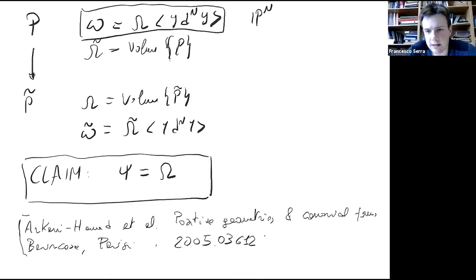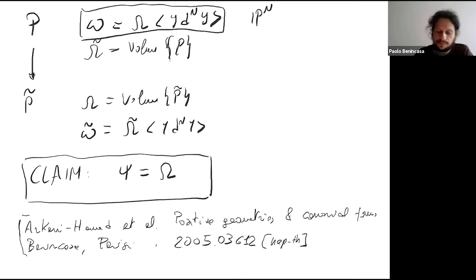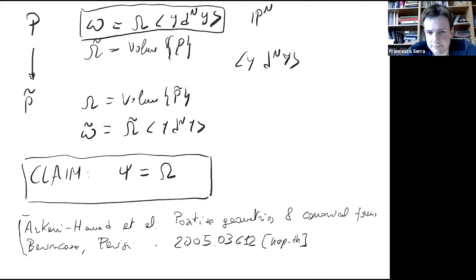Can I ask a question? Sure. Just maybe a bit technical, maybe a bit stupid, but this numerator, when we take the residue, this numerator with the y, dy, so do we? No, it's a measure. If you write it explicitly, you're talking about this, right? Yeah. This will be just given by,